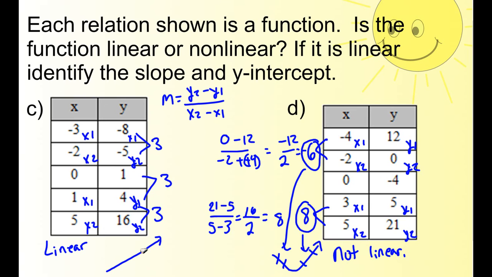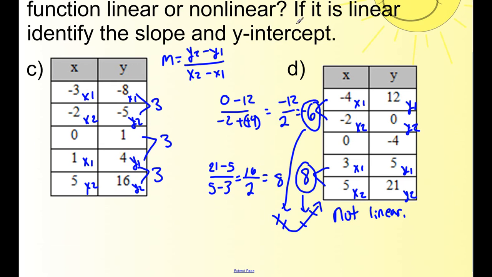Oh, I almost forgot something from letter C. It says if it is linear, identify the slope and its intercept. Okay, so we found the slope. The slope was 3. We did that. I almost missed that. The slope is 3. There it is. So what's the y-intercept? Well,